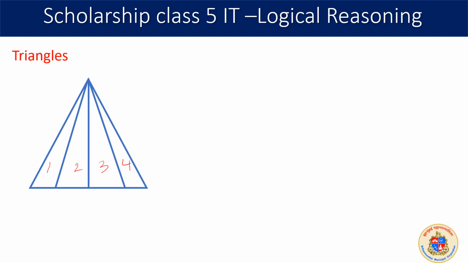So 5 triangles, but we know that if I name this triangle ABC, so ABC is a triangle. If I put D, E, F, so there is triangle ABC, then there is ABD,